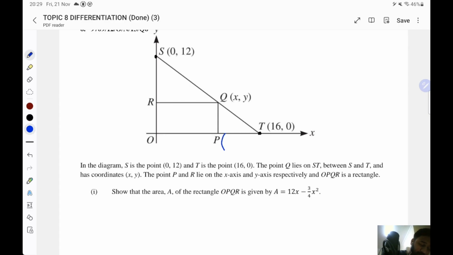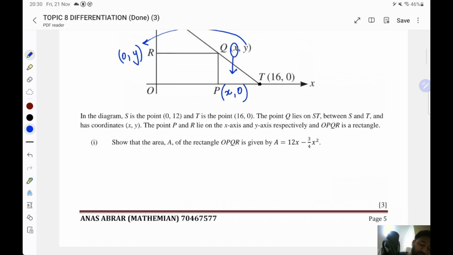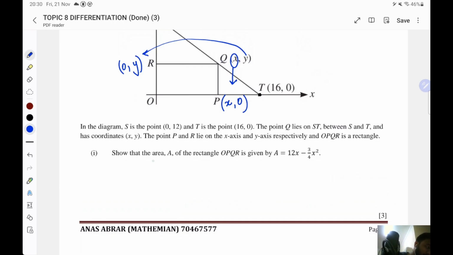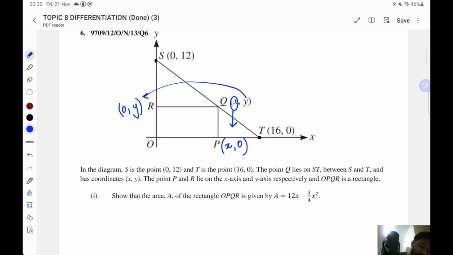Let me write down the coordinates first. For P, there will be some value of x, which will be the same as the x coordinate for Q, and the y coordinate will be 0. Similarly for R, the x coordinate will be 0 and the y coordinate will be the same as Q. So it's a rectangle, OPQR is a rectangle. Show that the area of the rectangle OPQR is given by this. So it's simple and easy. We know that it's a rectangle, so to find out